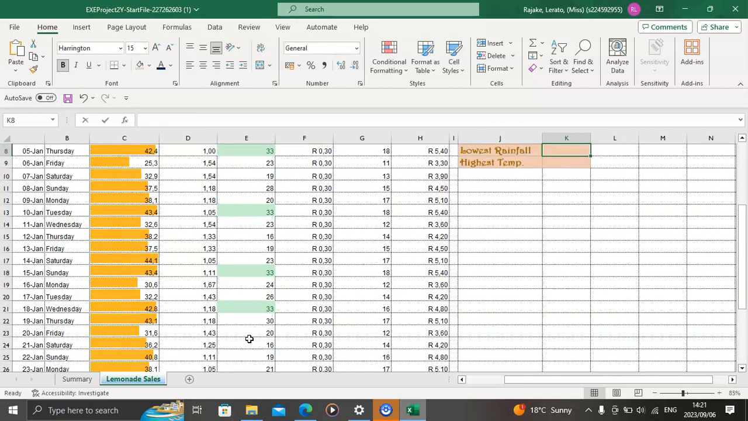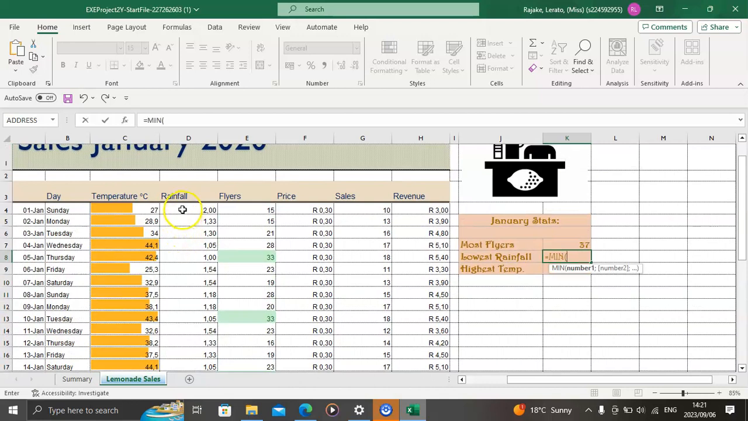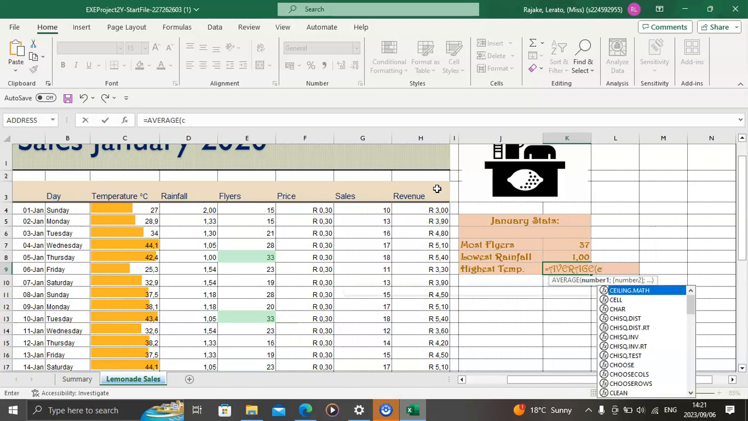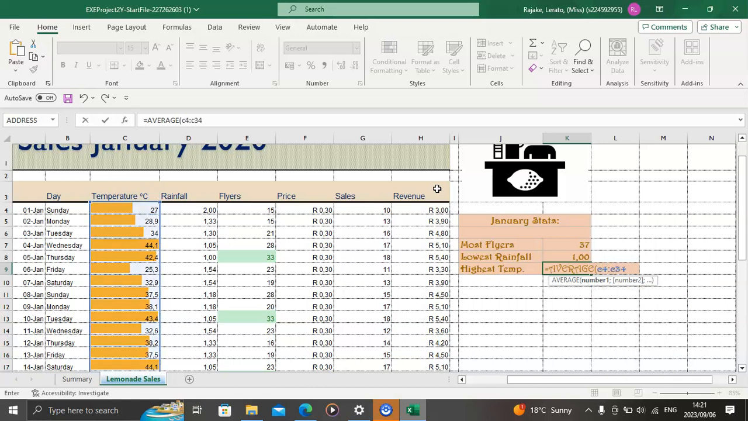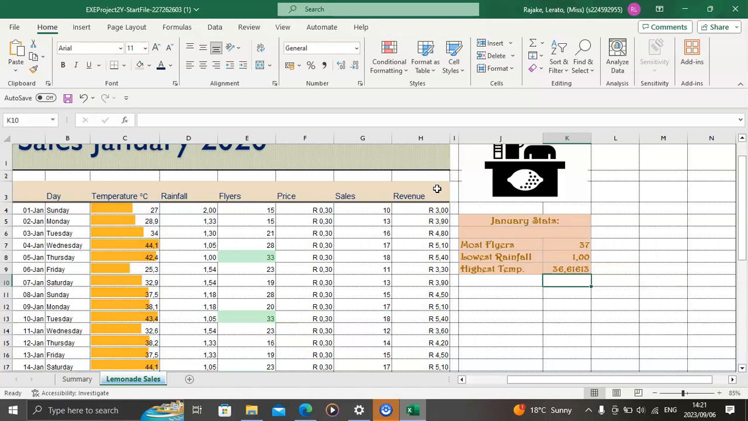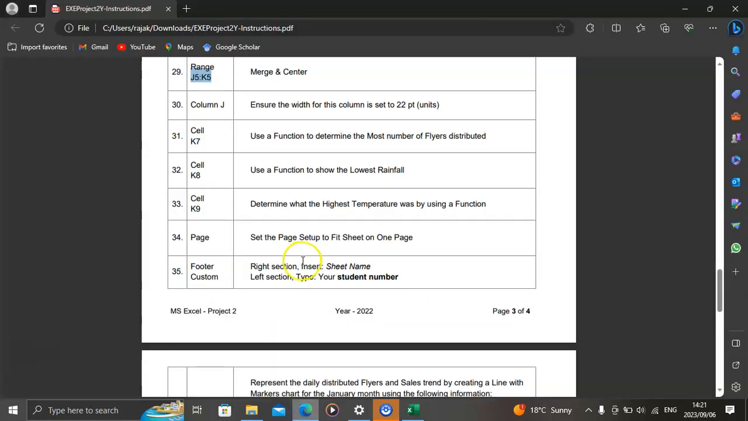Enter. Lowest rainfall equal to MIN, of which I believe it starts from D4 through D34. Enter. Equal to AVERAGE, of which I believe it starts from C4 through C34. And next instruction,